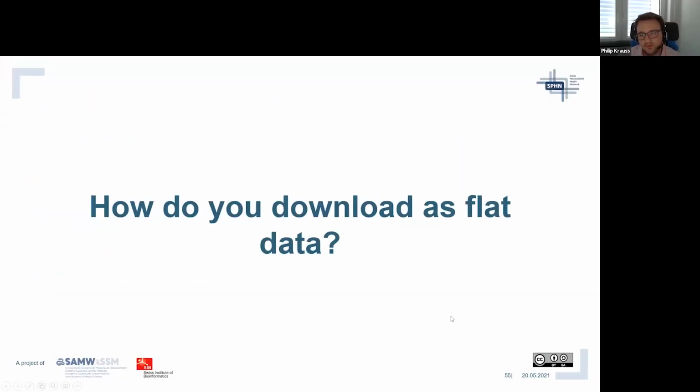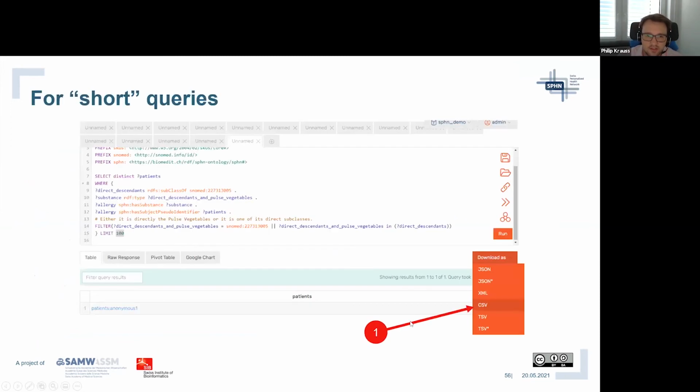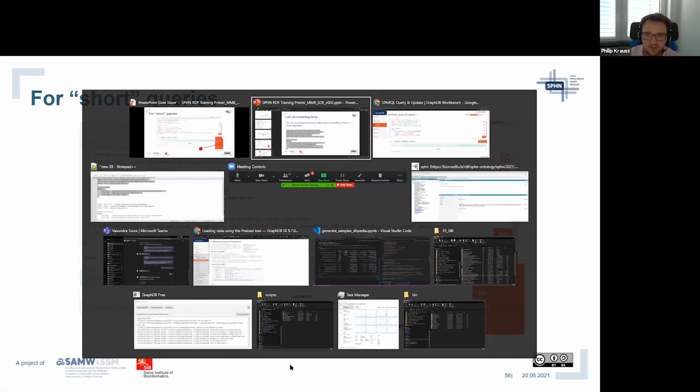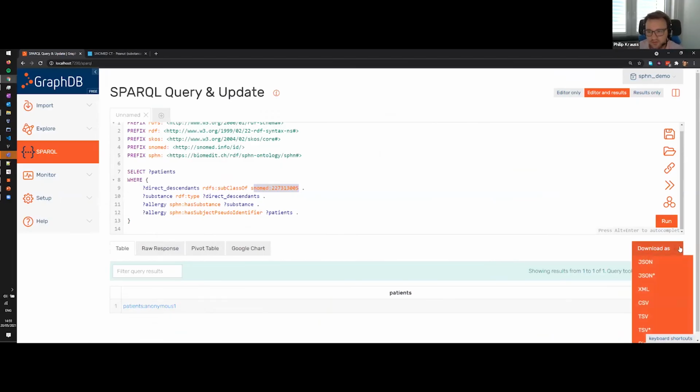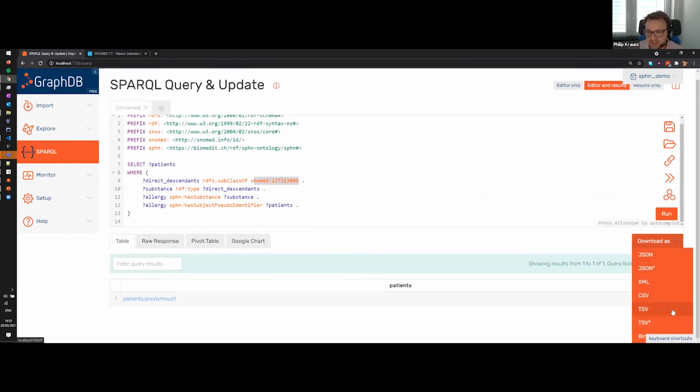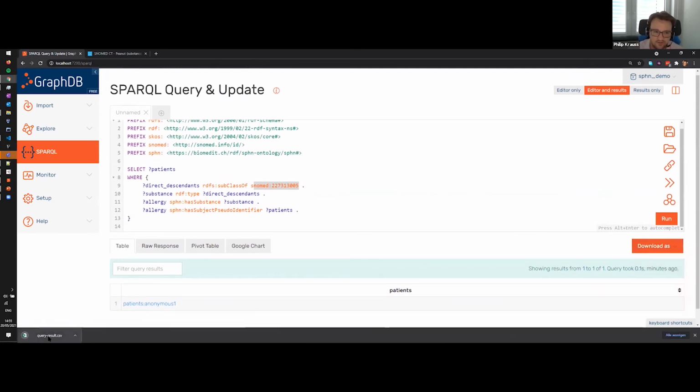So now probably most of you don't do all your machine learning in SPARQL, which is really something very advanced, but you do your slicing and dicing and data preparation in SPARQL to query the data and make it nicely usable for your analysis. So you probably want to download this in CSV or other file formats. And there exists something, for example in GraphDB, where you can download it as CSV or JSON or XML if you really like to do that. And if you click on that one, it's downloaded as CSV. And if we want to open that one,